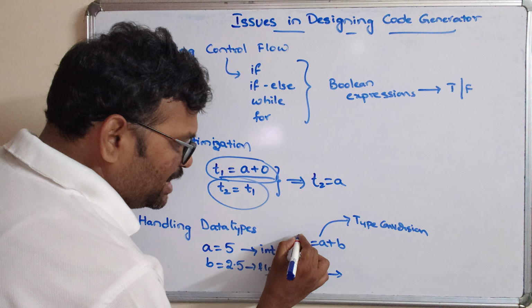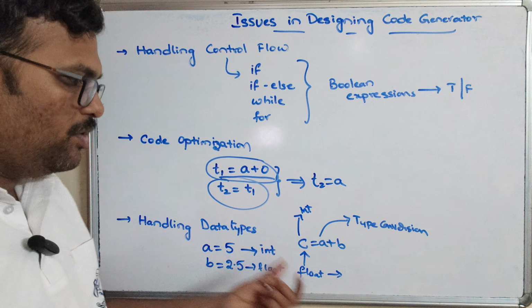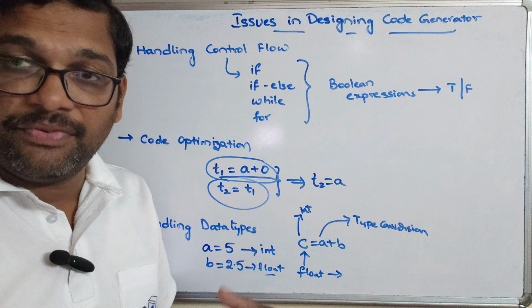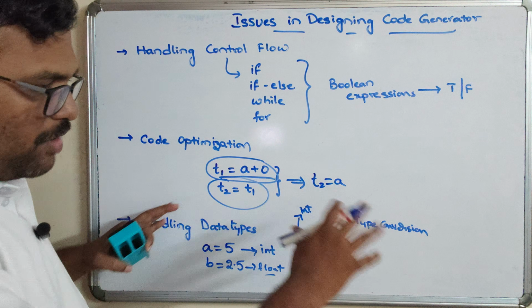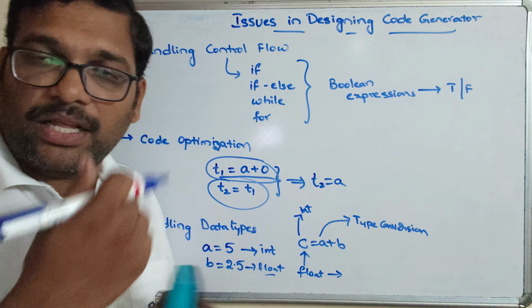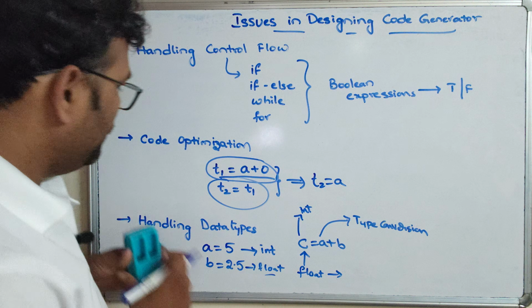And if c is declared as an integer, then automatically some data will be lost because the result will be in integer itself. So some data will be lost. So there will be a lot of issues here. So we need to take care of all these data types, whether the data types are properly defined or not. Okay, next,